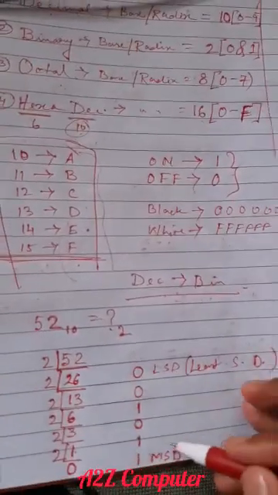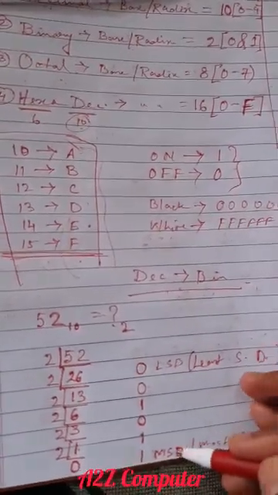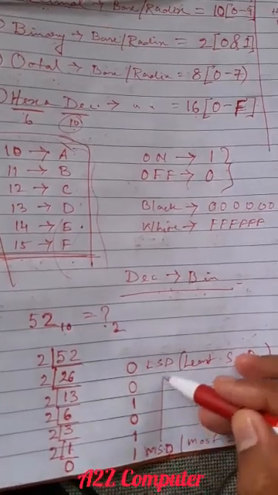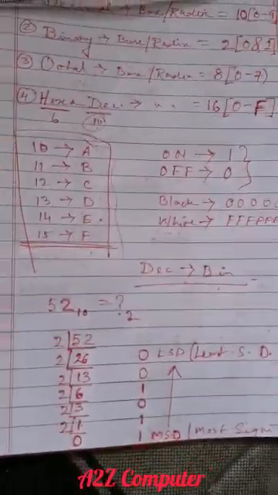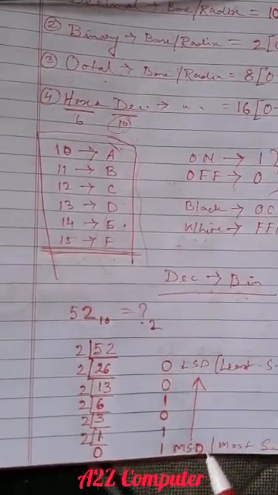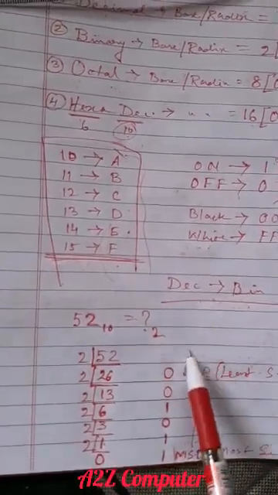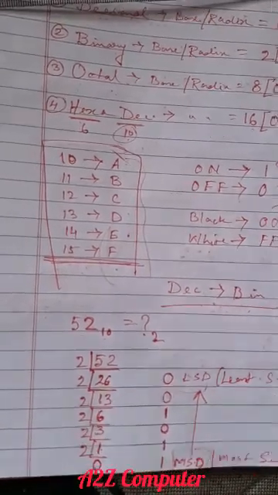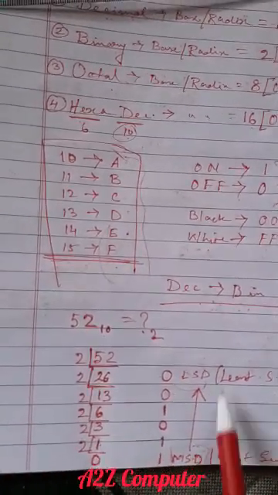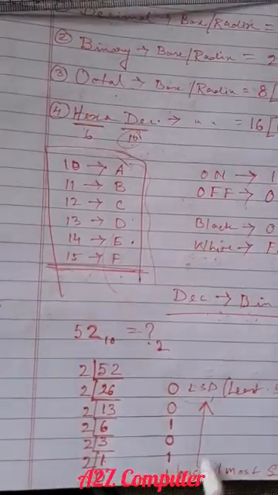Now the answer we will write from MSD to LSD. This arrow I have used here, but when we solve, you will not use this arrow. You can use MSD and LSD, this short form you can use, full form no need to use. You may use MSD and LSD, but never use this arrow. That is for explaining I have given.